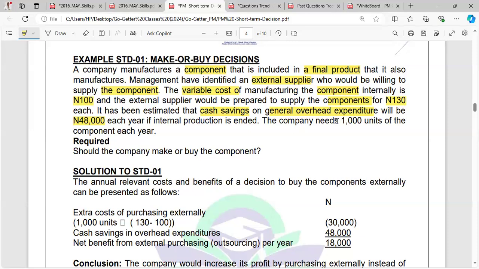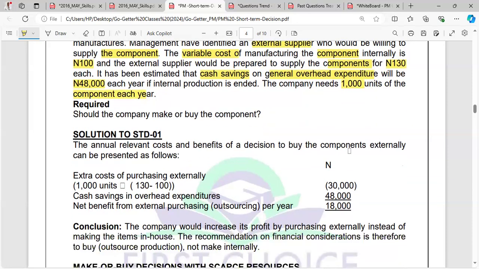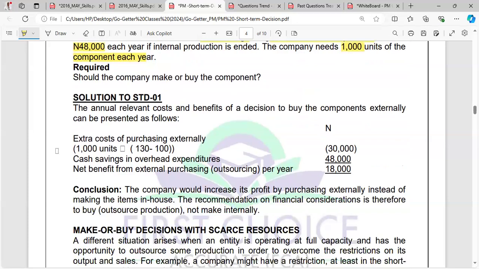Now, the company needs 1,000 units of this battery every year. Now, the question is, should the company make or buy the component? Now, let's look at it now. Solution: